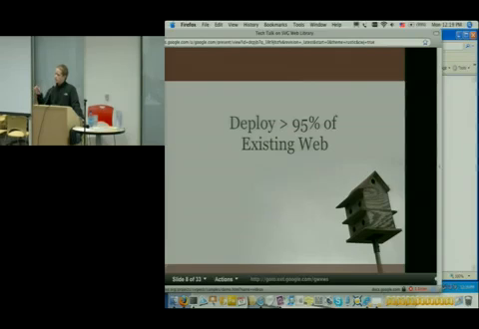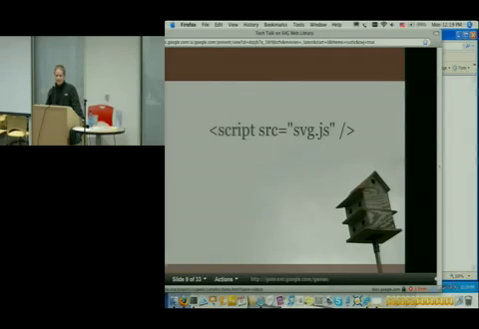So, like I said, you can use this. This is the whole reason we did this. Today, you can use this to deploy real content across 95% of the existing web. So that was the goal. And it's as easy as dropping a script source into your page. When we get to the Q&A, I can go a little bit more into what configuration and deployment looks like. But basically, you add a script to your page. And at this point, we're supporting a lot of the SVG 1.1 standard. There are some areas that aren't covered, and a few areas where you have to slightly change what you're doing. But in general, it just feels like native support.